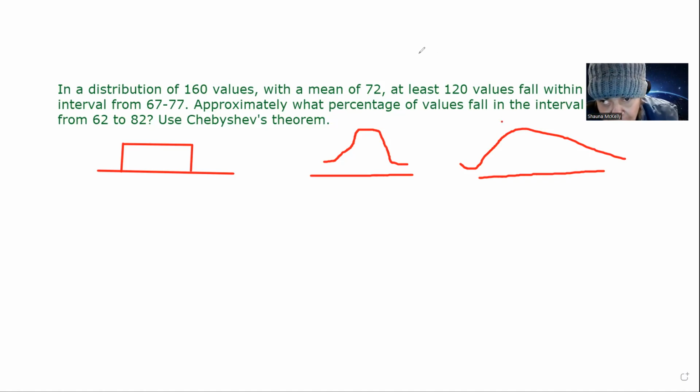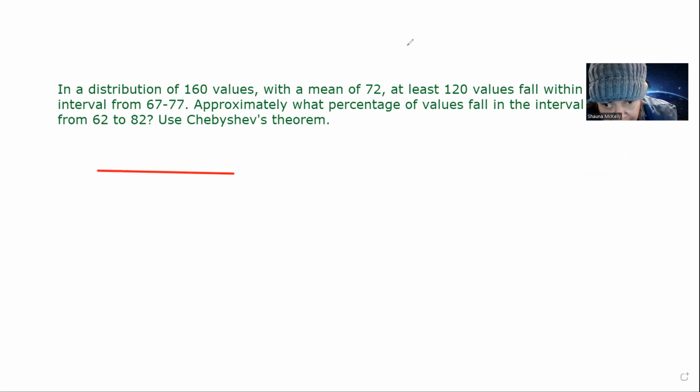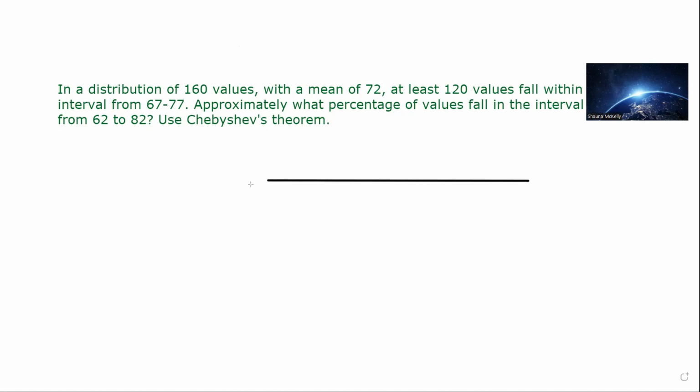So you don't have those percentage constraints that you had with the empirical rule. But let's move on here to this particular distribution. This is a little bit hard. What I suggest you do with Chebyshev's problems is draw it out on a number line so you can see what's going on. So I'm going to go ahead and draw a number line here. We don't know what kind of distribution this is, but just to help us visualize this,